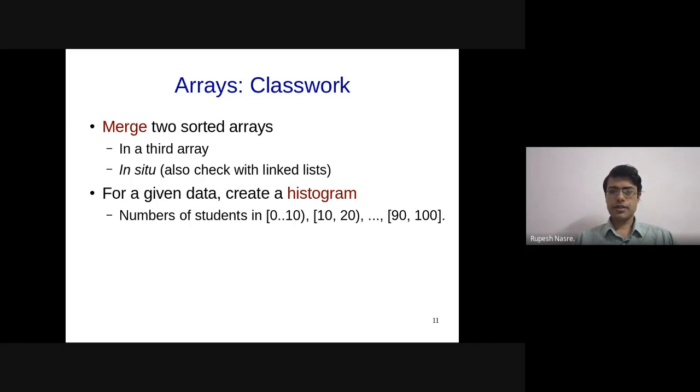Okay, Tanay has written int vector, vector of int, histogram marks array, histogram of 10, histogram of I equal to 0, and the histogram of int of marks list of by 10 plus equal to 1, return histogram. Good. That seems to be a